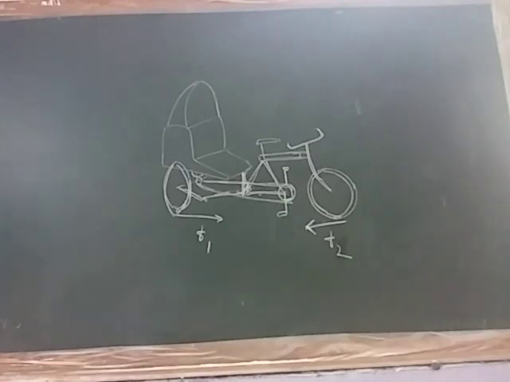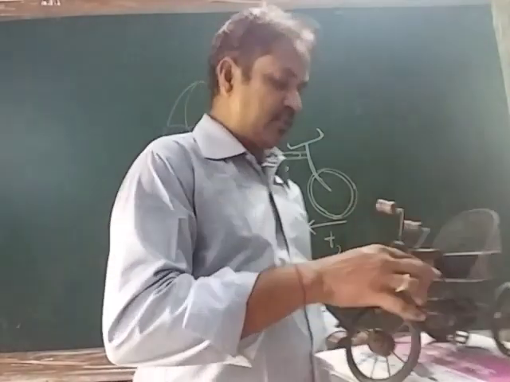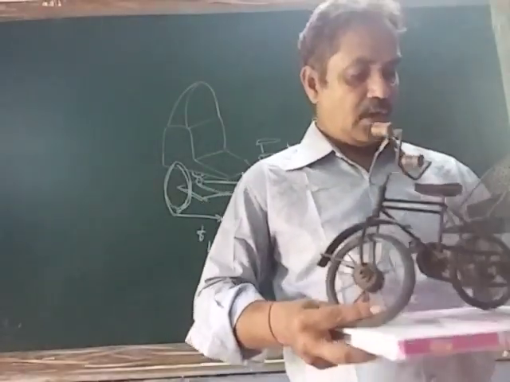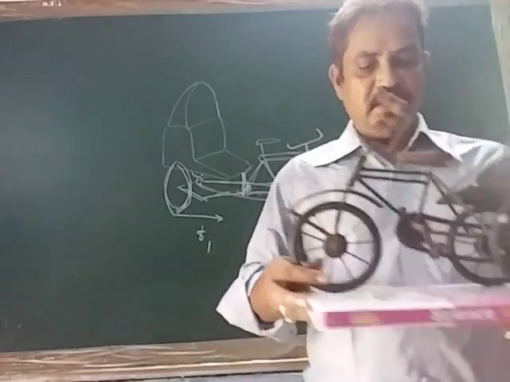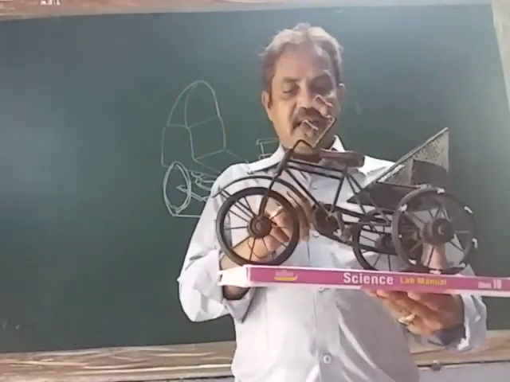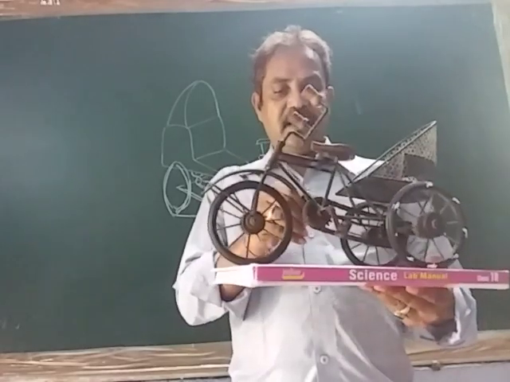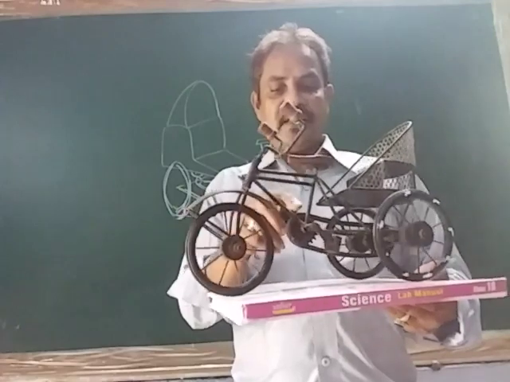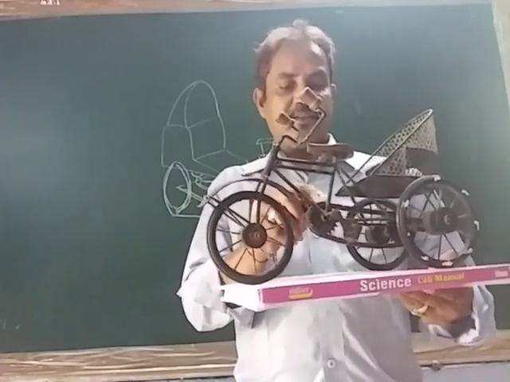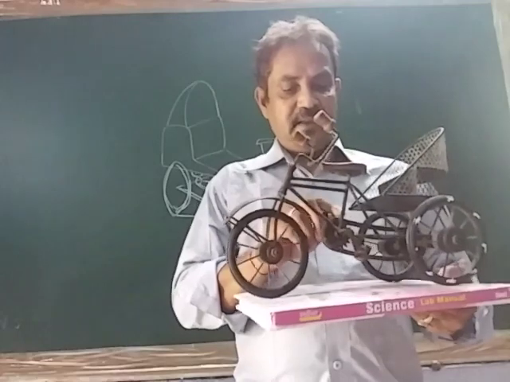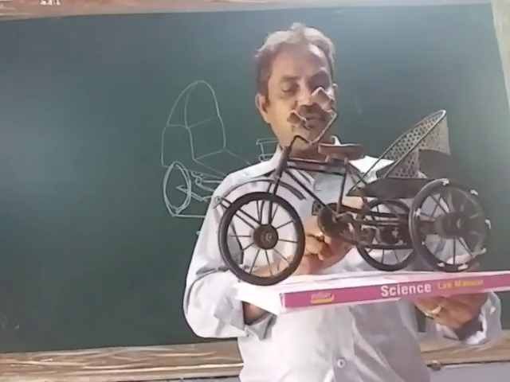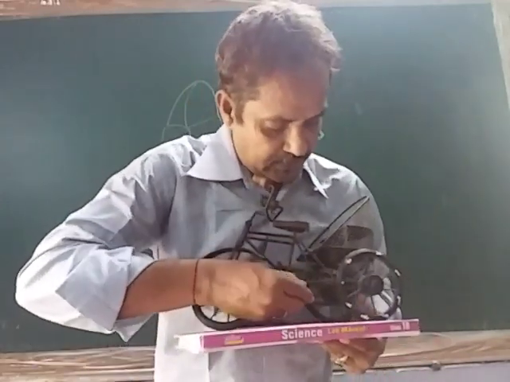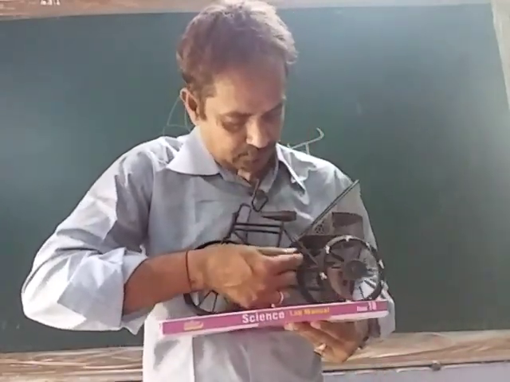So here is a tricycle. You can see here is a tricycle, and here is the paddle wheel, and if you rotate the paddle wheel, it rotates the chain of the tricycle, and you can see that this chain is attached to the rear wheels of the tricycle. And you can see here, when we rotate this tricycle,